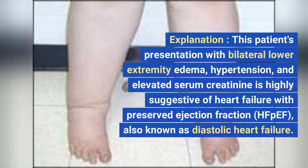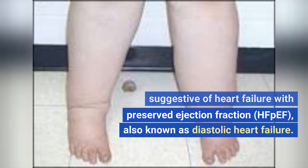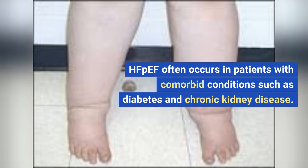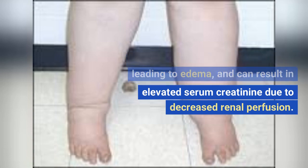of heart failure with preserved ejection fraction, HFpEF, also known as diastolic heart failure. HFpEF often occurs in patients with comorbid conditions such as diabetes and chronic kidney disease. It is associated with fluid retention, leading to edema, and can result in elevated serum creatinine due to decreased renal